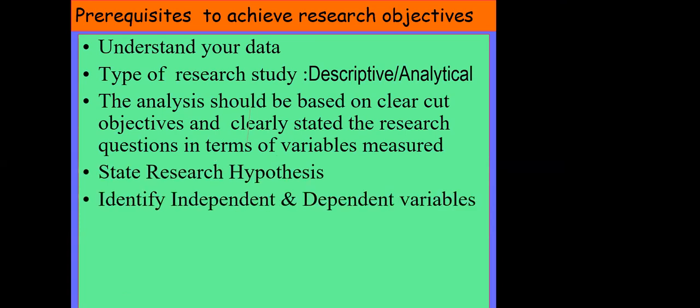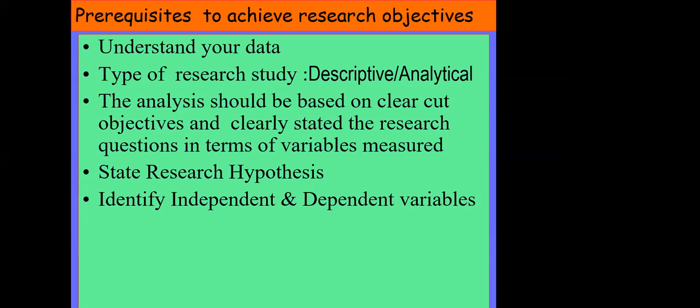State the research hypothesis. It should be directional. It has to establish the direct relationship between your dependent and independent variable. So in this process, you should know what is the independent variable and what is the dependent variable. When we make use of software, for example when you are running the regression, it will ask you to identify your dependent variable, identify your independent variable, and enter them into that box.